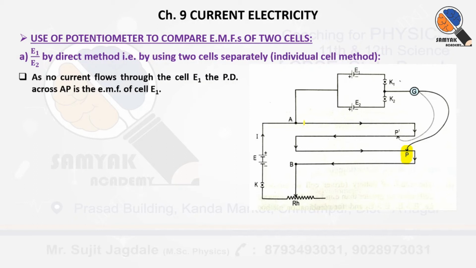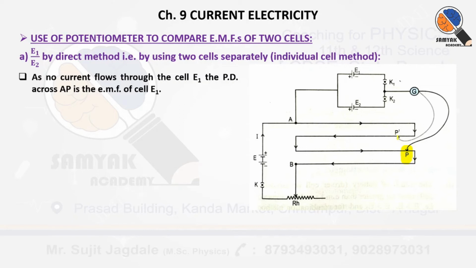We are not going to slide the jockey over that wire AB. So we are going to put the jockey on intervals like 10 centimeter intervals or 5 centimeter intervals, and by touching that jockey continuously on branch 1, then branch 2, and on branch 3 suppose I am getting the null point. We can also get it on 4th branch, 2nd branch or 1st branch. It depends on the EMF of the cell where we are getting that balancing point. Okay, so it will be varied.